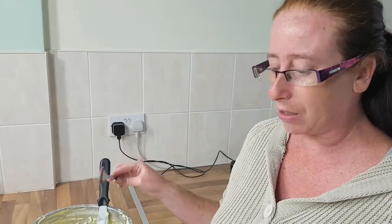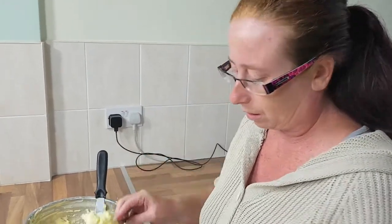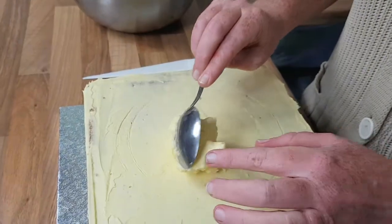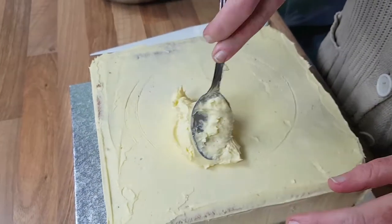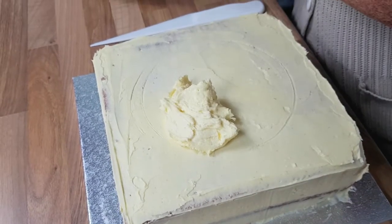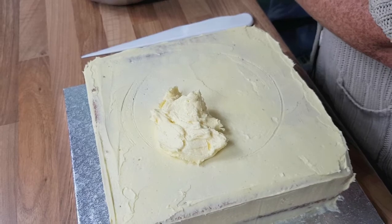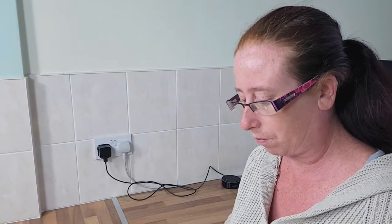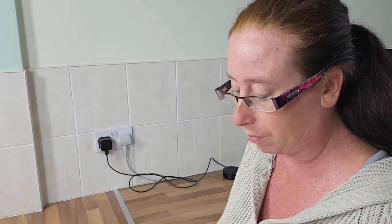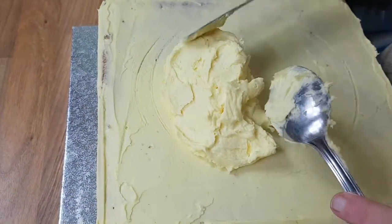Normally I use the spatula, but I think I'm going to start with my spoon, and I'm just going to start placing it on. This is just buttercream. I suppose you can use cream cheese, mascarpone, that would be really nice. But for this I'm just going to use